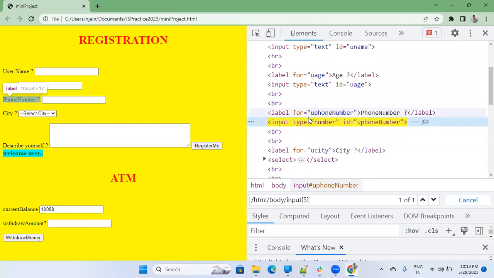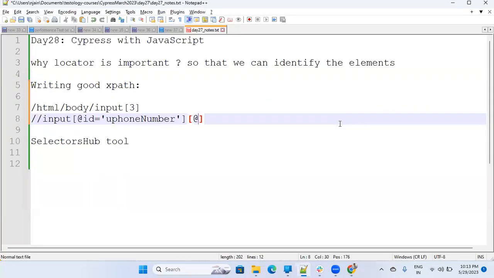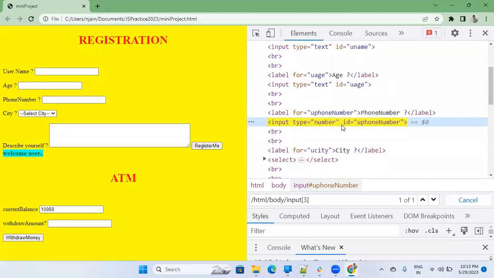So you can club 2 attributes. Type is equals to number, and at the rate type is equals to number. So whether it will work or not, let's see. We will copy this and do Control F, Control V here. See here, it's saying 1 of 1. That means we are able to identify this uniquely by writing this kind of